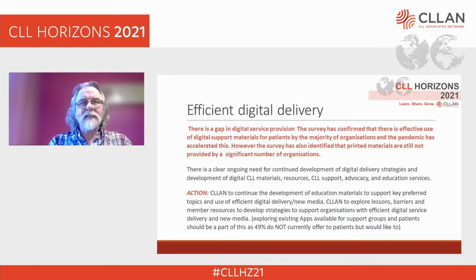So I think just in summary, this summarizes digital development as a key priority area. We can see from what I've just been saying that there is a gap in digital service provision across the network at the moment. And the surveys confirmed that there is effective use of digital support materials for patients by the majority of organisations. And the pandemic has accelerated this, as we just said. And printed materials are still not provided by a significant number. Now, there's a clear ongoing need for continued development,